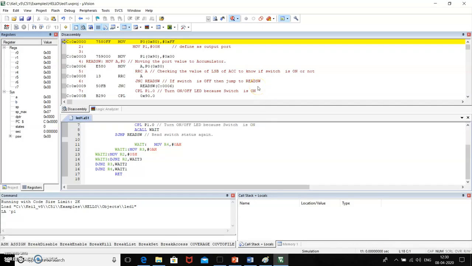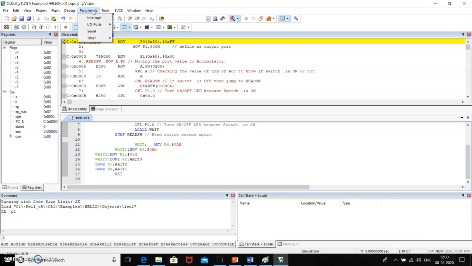As we know, the debugger will provide a simulator or virtual environment which will behave the same as your actual hardware or actual microcontroller. But on the hardware side, we can connect the switch to the microcontroller, whereas inside this simulator environment we cannot connect the switch. But we can force a particular pin of the port to logic 0 and logic 1, and we can check its respective response.